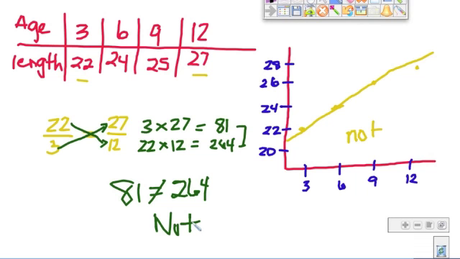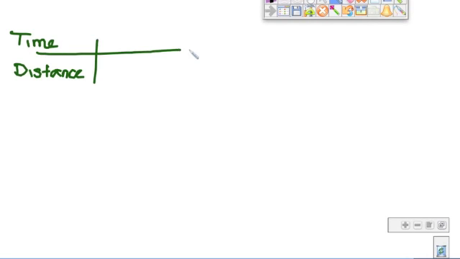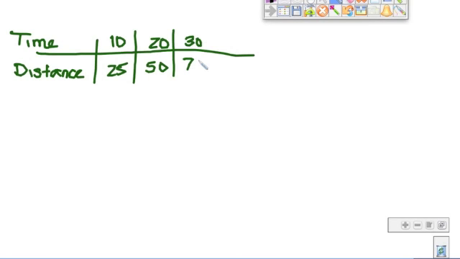Okay? So let's look at another one. What if I had this value? Looking at maybe time and distance. So we're going to talk about a train traveling here. So we have time and distance. Okay, so let's say this is in minutes. So 10 minutes, this travels 25 miles. In 20 minutes, it travels 50 miles. In 30 minutes, it travels 75. And again, 40 in